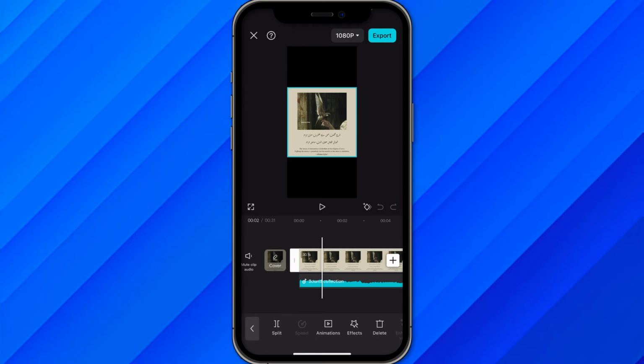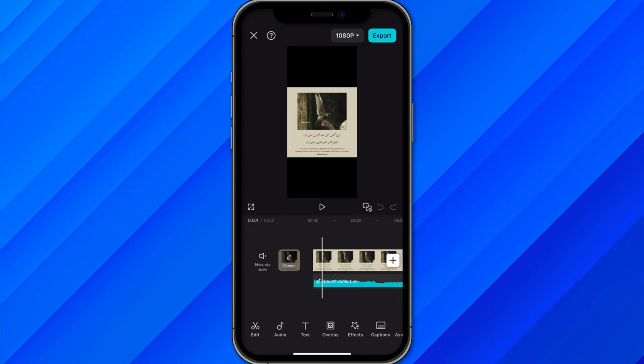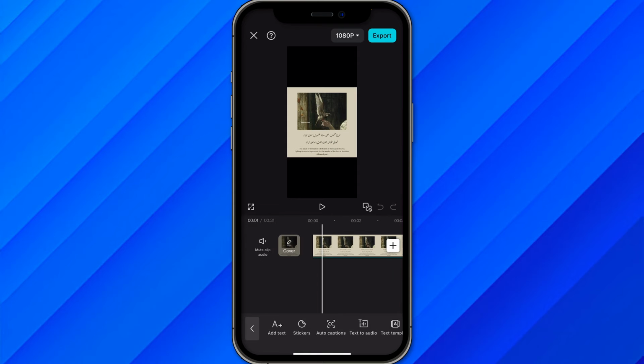So from here, once your clip is selected, you will see options like split, animation, effects, delete and all other options. What you need to do is just click on this left side option, and once you click on it, you will see an interface like this: edit, audio, text, overlay, effects and these kinds of options. So just find this option called text, and once you go to text, you will see add text or